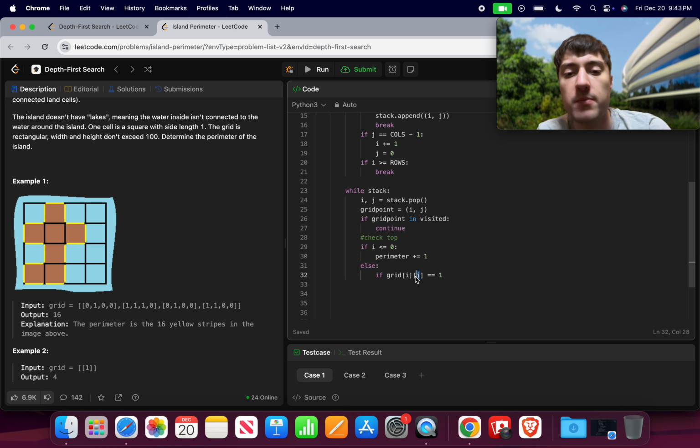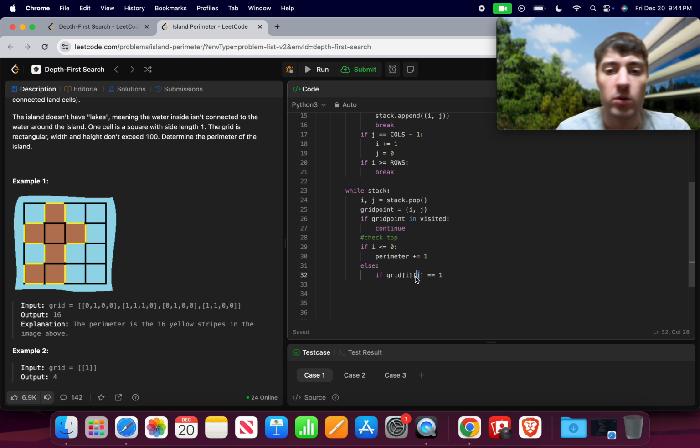So I and J. Okay, so I'm going to assume that I am on the island, on a land element. So I need to check the top. What does that mean? That means